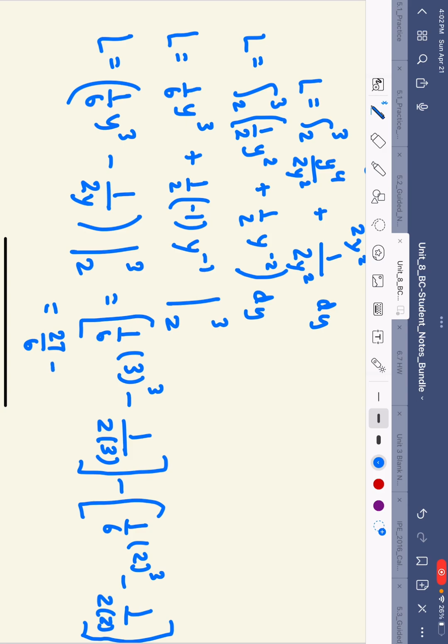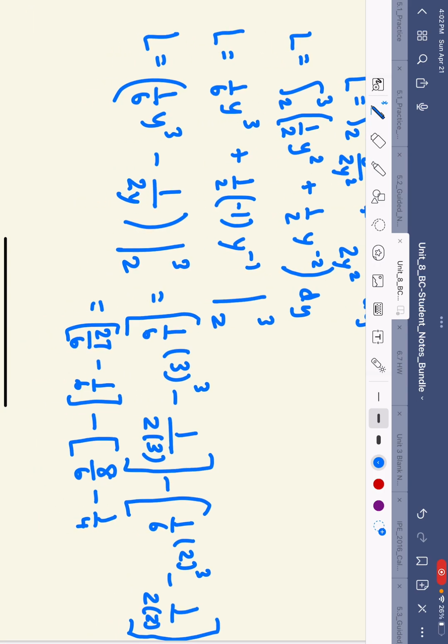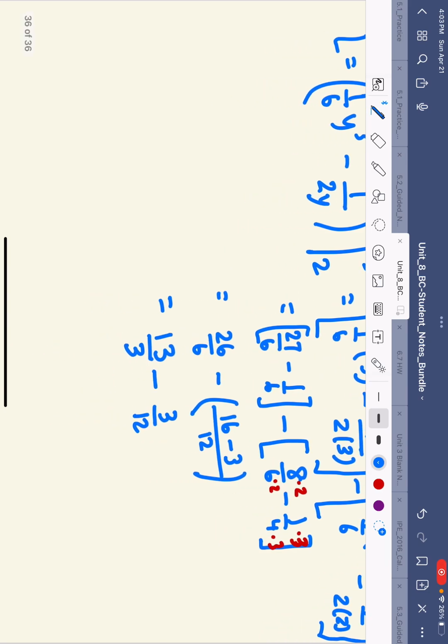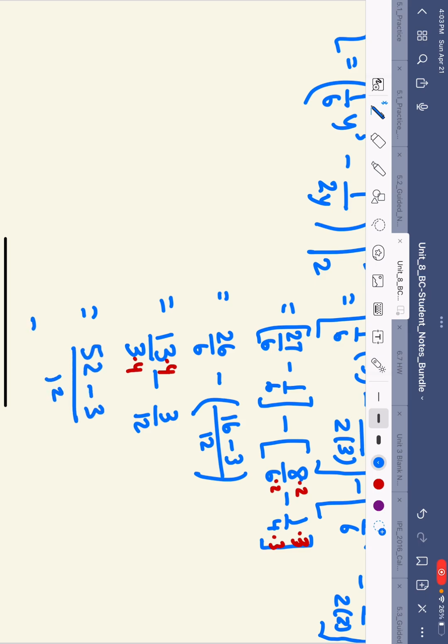So we've got 27/6 minus 1/6 minus 8/6 minus 1/4. So 26/6 minus, let's make this into 12ths. So we would say times 2 times 2 and times 3 times 3, giving us 16 minus 3 in the numerator there. So I'm going to go ahead and make that 13 thirds minus 3/12. And I guess I could reduce that to fourths, but I'd have to put it back to 12ths anyway. So I'm going to put this one in 12ths. Then we'll have everything in 12ths. 52 minus 3 over 12 is going to be,